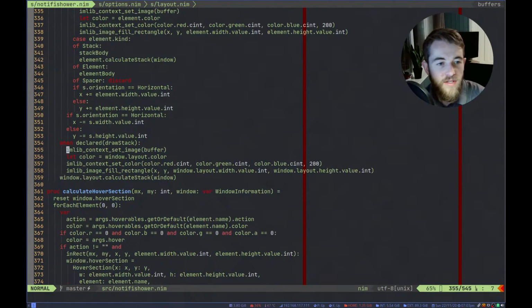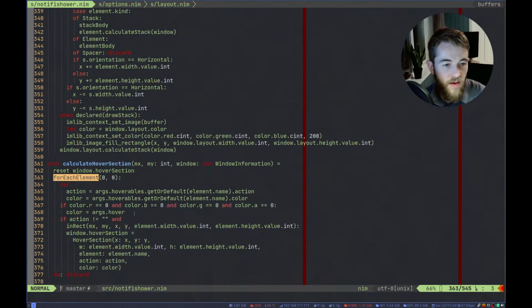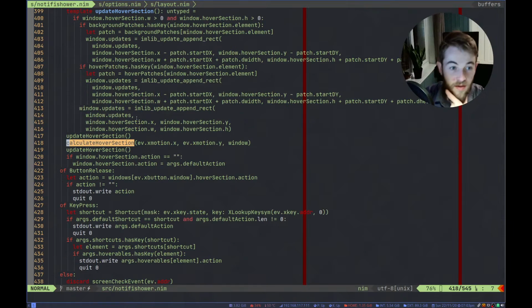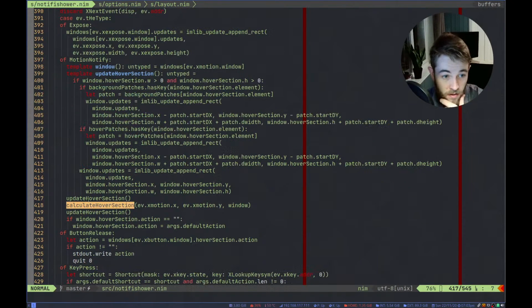The way it works is that we're using this for each element. We have this calculate hover section. So basically every time we move the mouse, we update the hover section, then we calculate the hover section, and we update the hover section again.